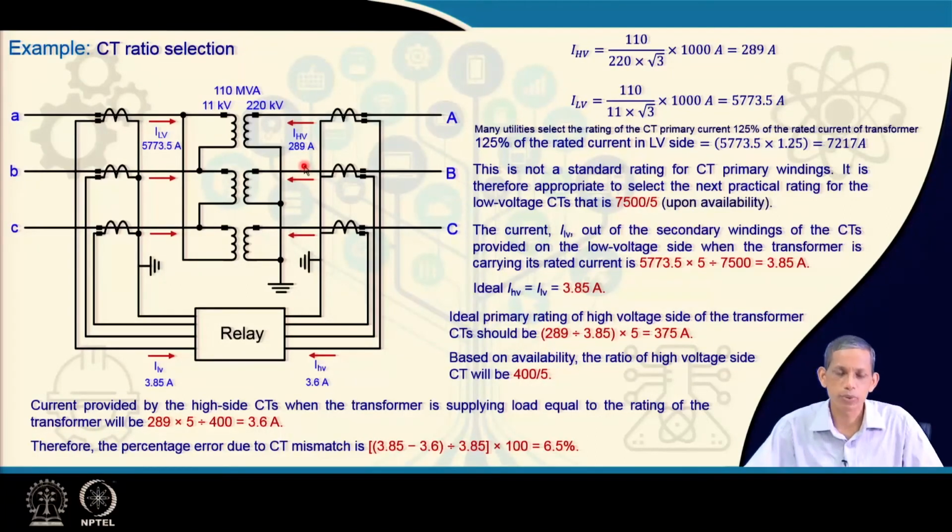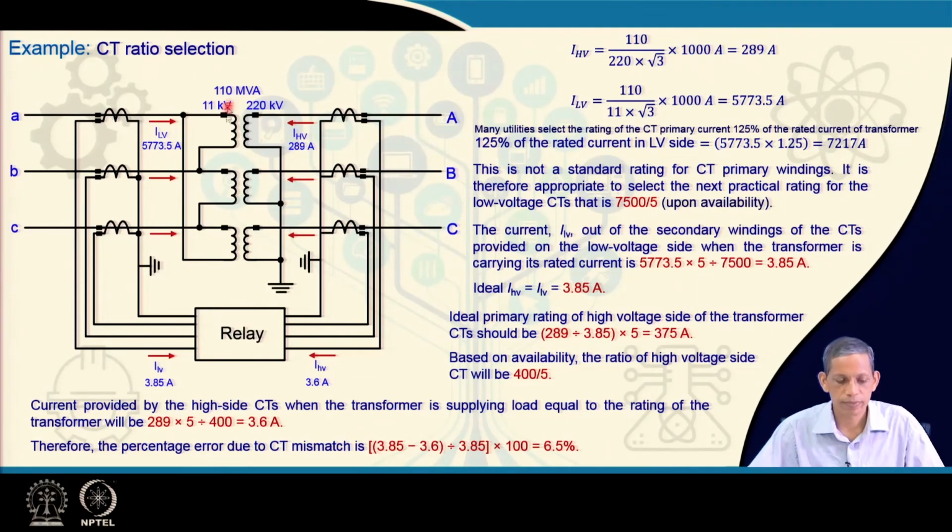Now, come to an example for a 3-phase transformer, as protection is usually applied for numerical relaying. You have an 11 kV to 220 kV transformer. The low voltage side is connected in delta, as we see here, and the high voltage side is connected in star. The transformer rating is